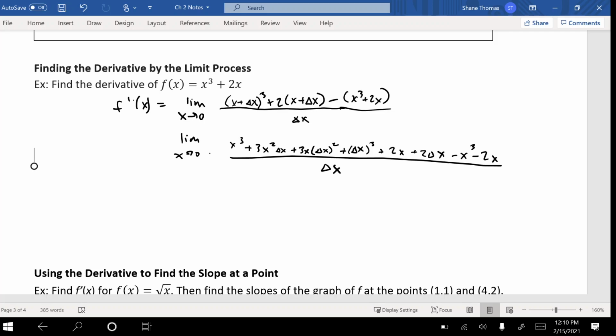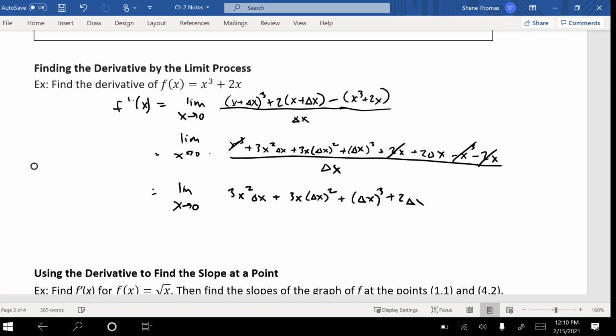All right, so let's just take a peek here. X cubed is going to be gone here and here. Looks like 2x and 2x is gone. That's about all I can kick out, isn't it? And that leaves me with the limit as x approaches 0 of 3x squared delta x plus 3x delta x squared plus delta x cubed